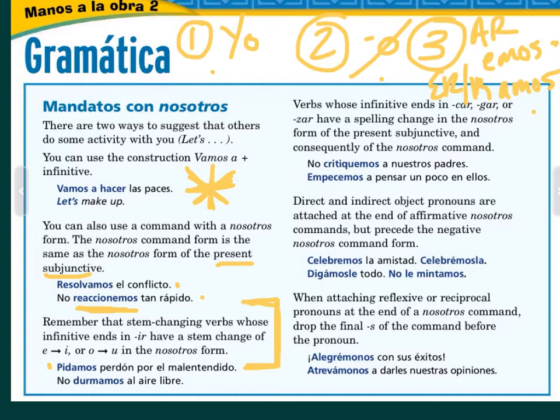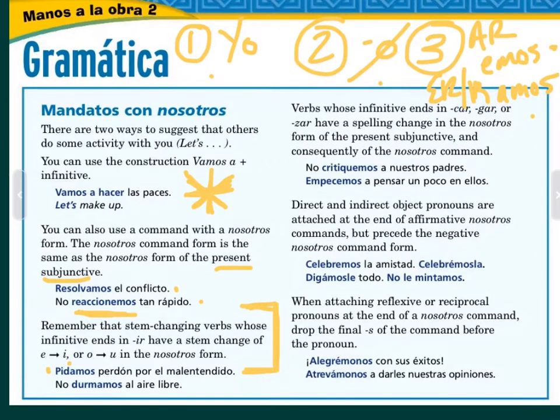And that holds true for the nosotros form too, only because it's an E to I. If it were an E to IE, such as preferir, that's a terrible command. Let me think of a better one. Okay, so a better verb to use for an E to IE stem changer would be divertirse, which means have fun. Let's have fun. That's a logical command, right? Divertirse. Okay, so in the yo form it would be divierto,